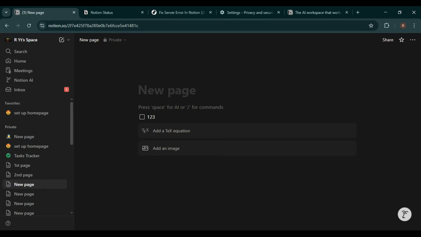In today's video, I'm going to show you how to fix the server error in Notion step by step, using simple and proven methods that work in 2026. If you're seeing a server error while trying to open a page, edit content, or load your workspace, don't worry. This is a common issue, and in most cases, it can be fixed in just a few minutes. I'll walk you through every step in a clear and beginner-friendly way so you can get back to work without